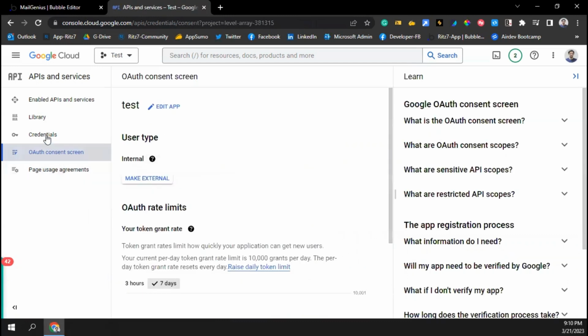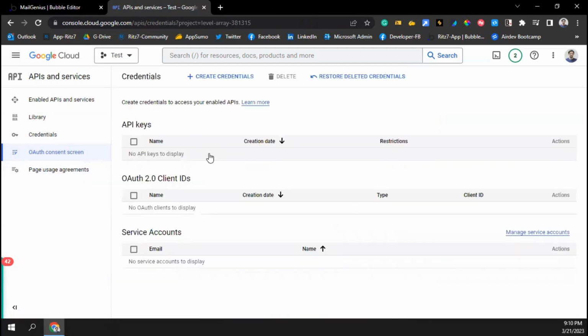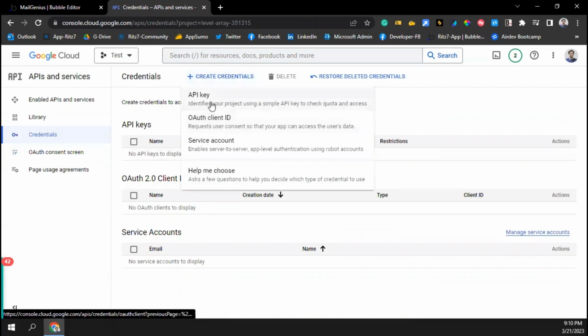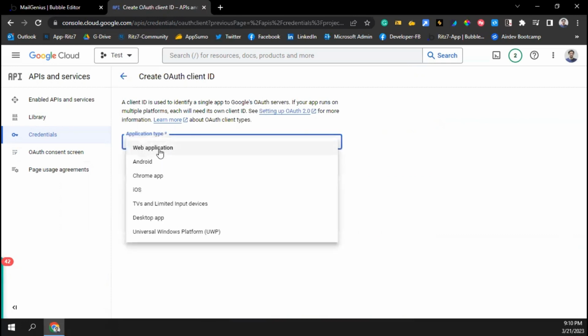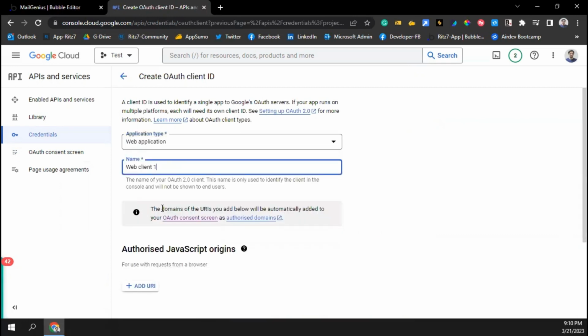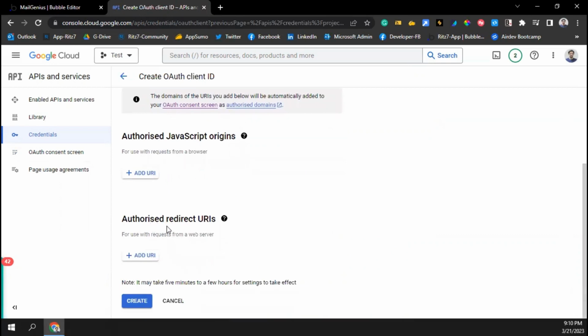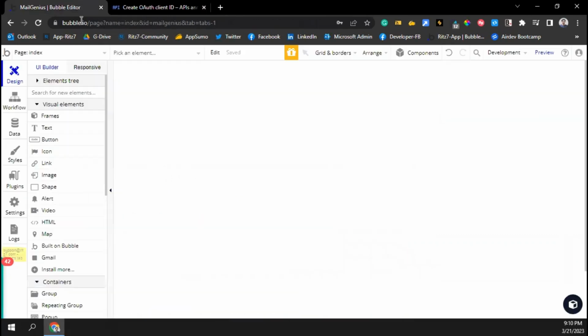Once this is done, go to credentials and create credentials. It will ask you what kind of credentials you want to create. Click on OAuth client ID and you say web application. Give some name to this. Authorized redirect URI. So basically,